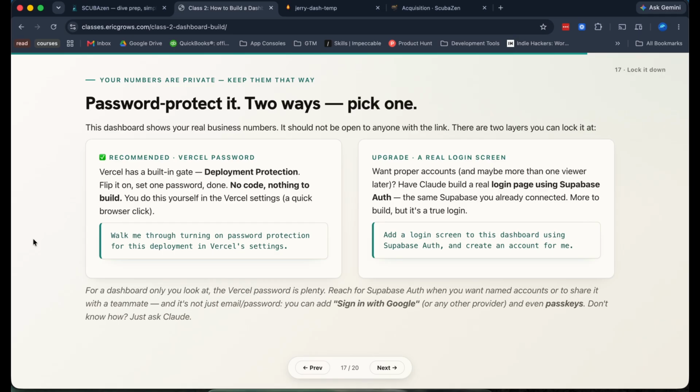So you can really control who has access and who doesn't. It's up to you which one you want to do. It depends on the context of your business and what you're trying to do. Ask Claude if you're unsure. They both accomplish the same thing in that they protect the public from being able to see it, since Vercel deploys to a public link.